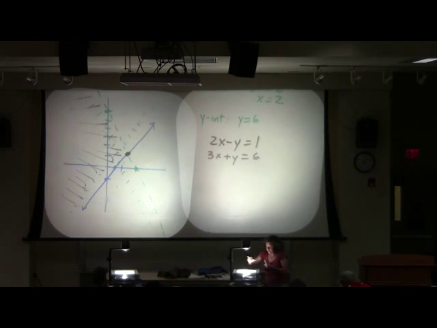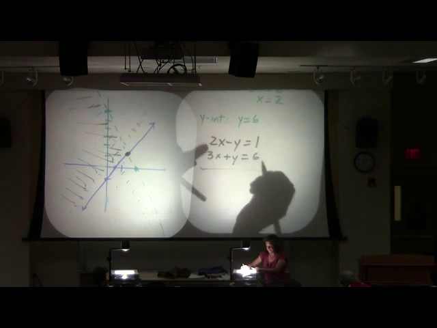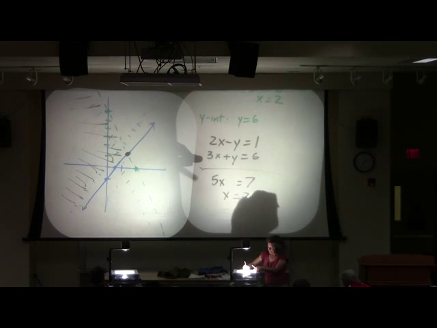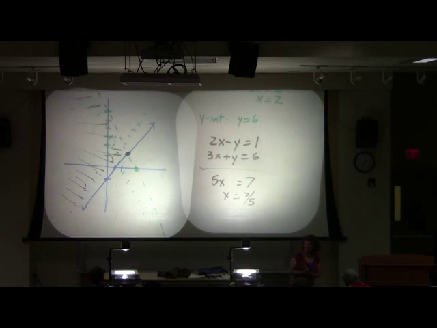So you could go through and solve it. I'll just solve for the x value, right? You get 5x equals 7, so they meet at 7/5. And then could I get my corresponding y value? Yes. Now, again, mine will always cross at something like (4, 3) or something really nice. Okay? All right. Ready for another example?